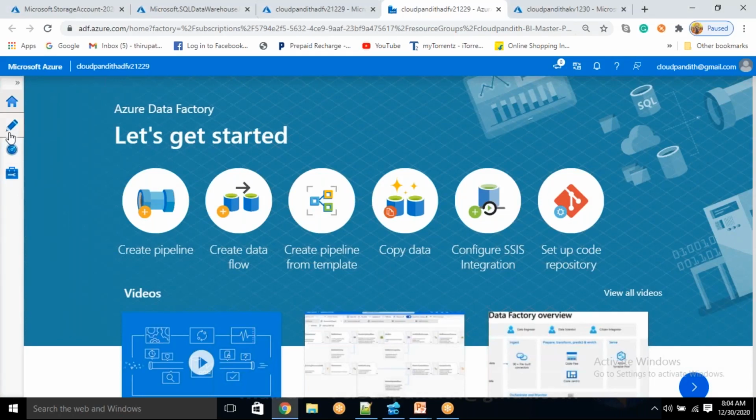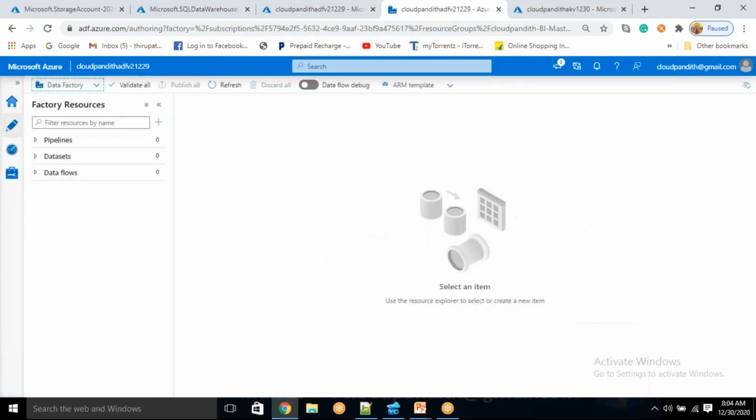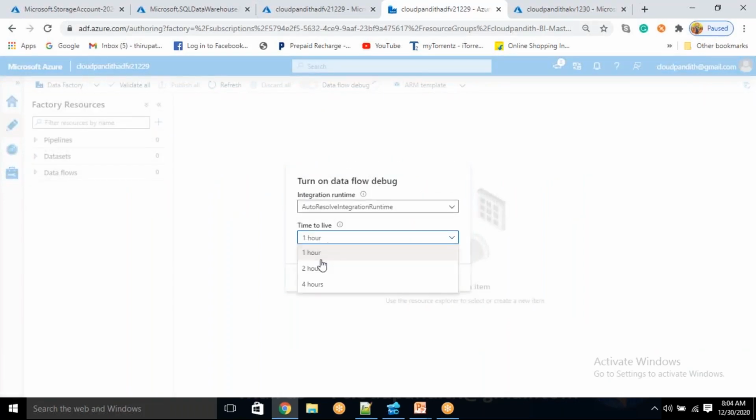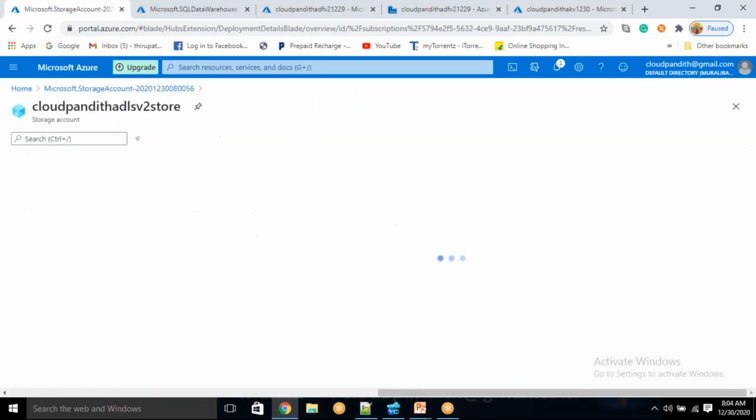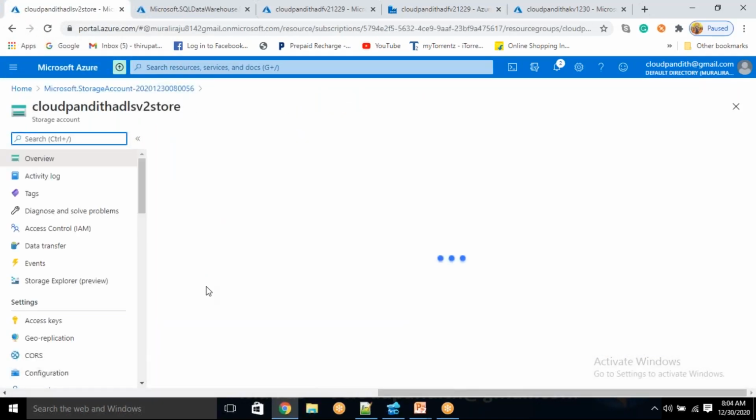Let's go to the author tab. Turn on data flow debug. Let me just say it should be available for 2 hours. Don't worry, it will not take 2 hours, it will take max 1 hour for us. But let me keep it for 2 hours so that we will not have any issues in the video. Now let's go to the storage account and we will prepare the data, and upload some data into the